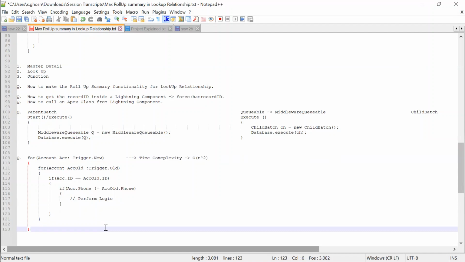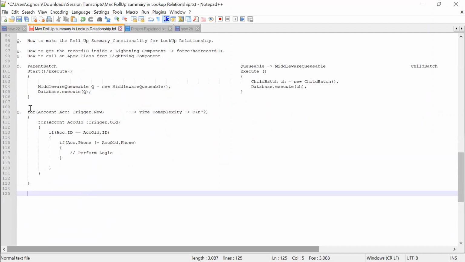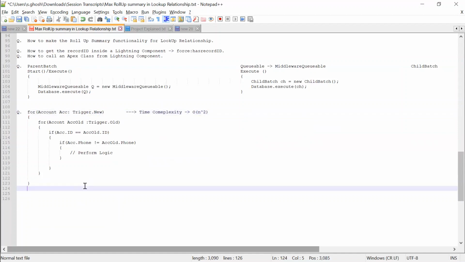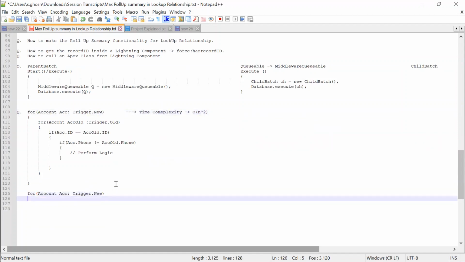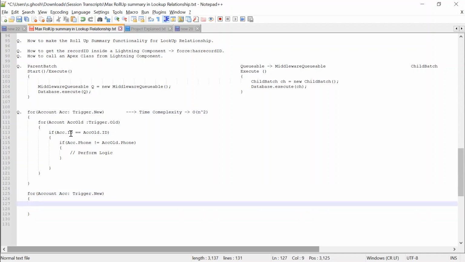That is why we need to use the trigger.oldMap here. We don't need any ID loop.